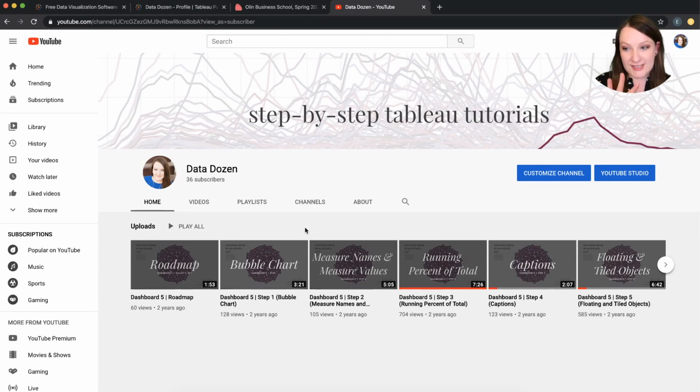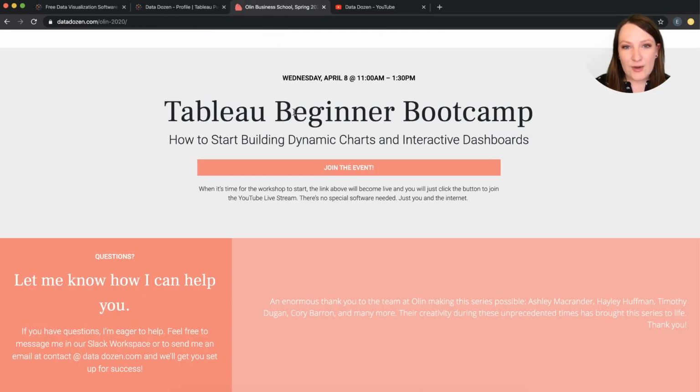So those are the 4 steps. Get Tableau downloaded, get your profile set up, download the data set, and then figure out where that second stream is going to come from. And you can just, again, when it's time for the workshop, it's 11 o'clock, it's April 8th, you're ready for the beginner boot camp, just come back to our website, scroll to the bottom, and you'll just click join the event